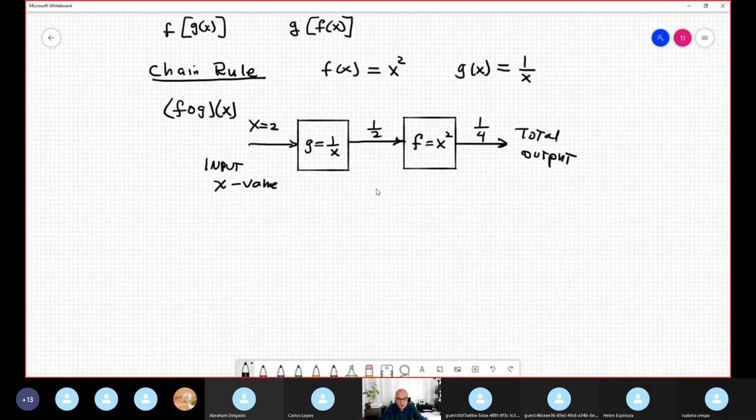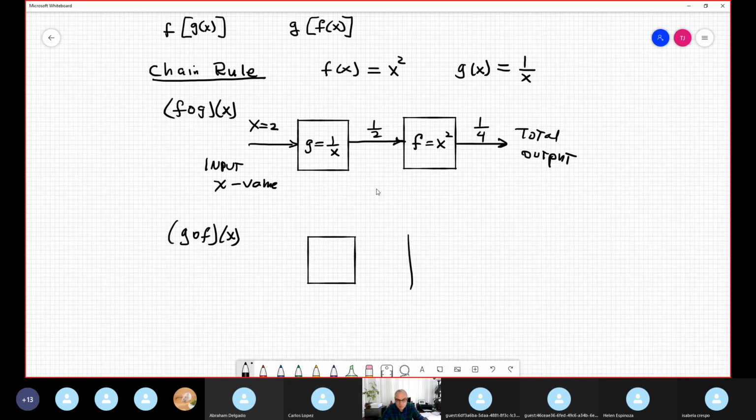Entonces I want to prove that this is completely non-commutative. Suppose another student is doing it in this order, G composition F. Okay, we have this, but we interchange the boxes now. Now my first function is F, which is x squared, and my second is G now, the reciprocal. And to compare the situation, I suppose I can get in